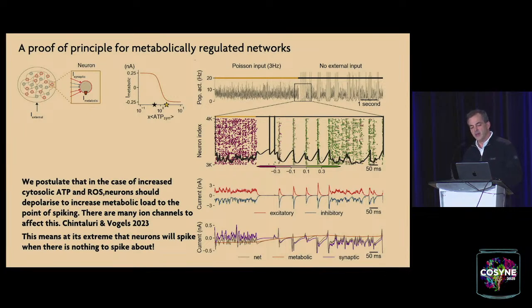And when we did that, we found that these networks, which initially, in this yellow part here, were driven by an outside current, very much like the networks I've shown you already, similarly to pretty much every other linear integrate and fire network that you see out there. In order to keep them alive, you have to push current into them, or spikes, or whatever have you. If you've ever worked with spikes, you know that this is a pain in the butt. But then when we turned that additional stimulus off, the network, like pretty much every other network, would stop firing, but the metabolic stress would then